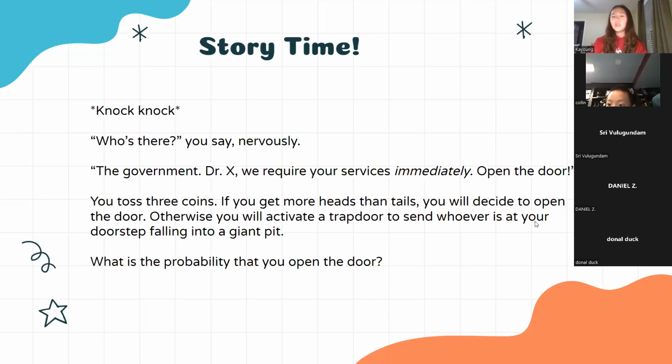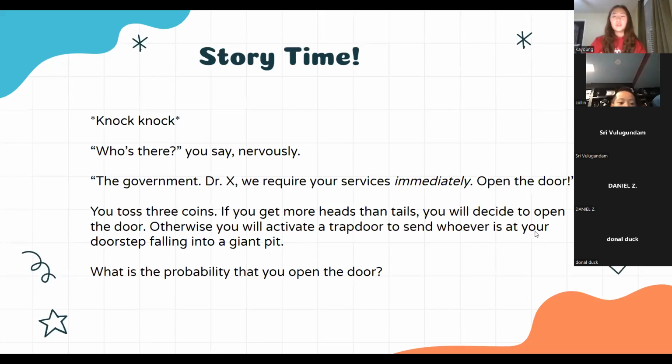You don't really need to do any math for this, okay? So let me give you a clue. There's 3 coins, okay? There's an odd number of coins, and each coin is either heads or tails, okay? So let's see. I'll give you guys a second to think about it.